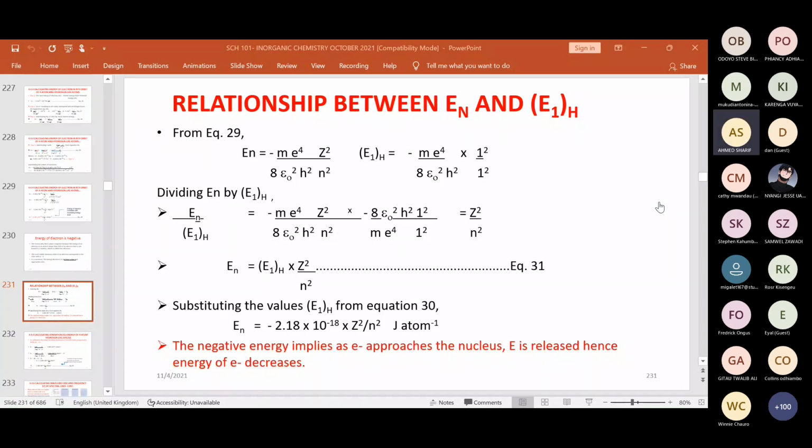Now within the element, you get energy levels. So depending on which energy level the electron is in, the value of N will be adjusted accordingly. That's why I said Z and N are the only variables that you need to mark, because the other variables in the equation for